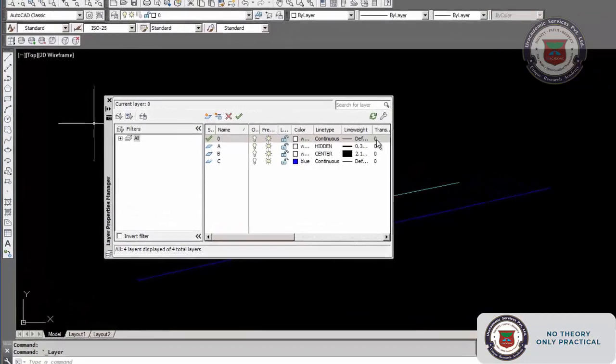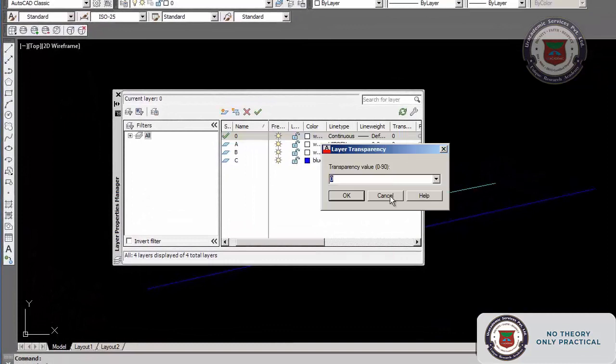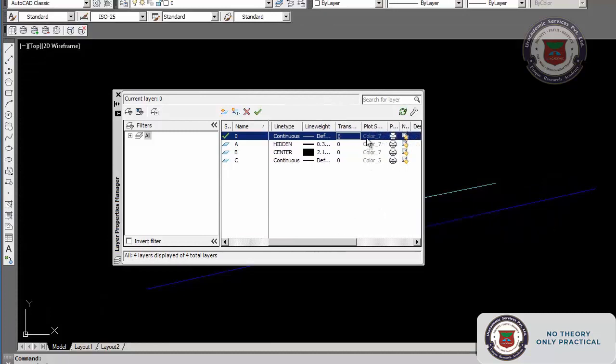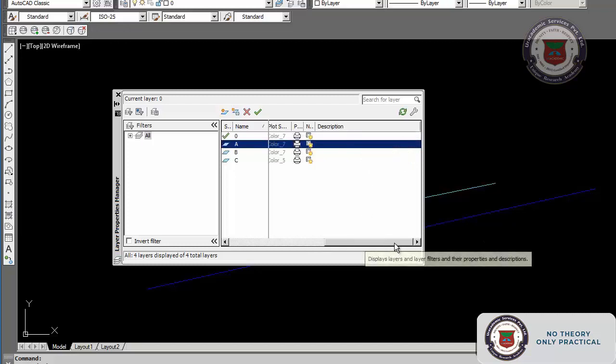Okay, now we know this. We are not bothered about transparency, etc. We will not discuss those things now. And color, plot, these are all related to printing. We will discuss it later on.